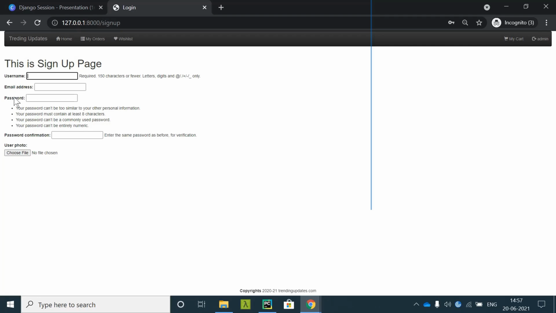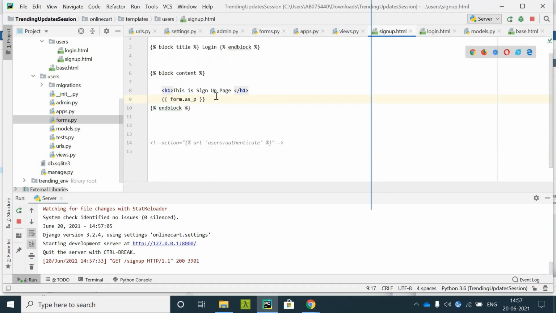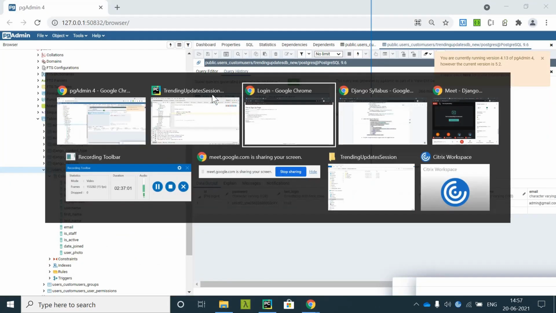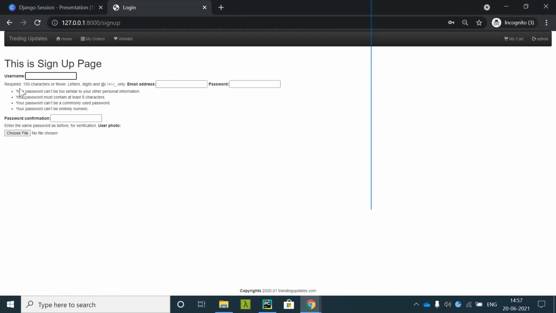Now you see this is not in the correct format. So what you can do, you can either display it like this, or going to the signup.html file, you can display it as a table. Now you see what changes it will give. This is displayed as paragraph and as table, so it is giving us like this.